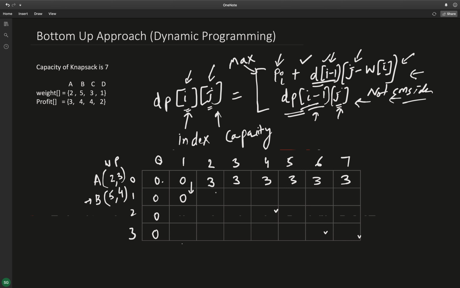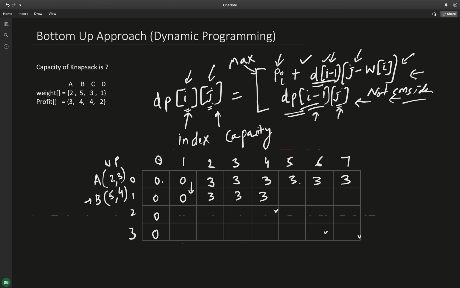And for the next cells also I can't fill B because the weight is 5. For a bag of capacity 5 I can put this item B, but prior to that I can't, so I'll copy the values from the previous cells only. So here I'll copy 3, 3 and 3, right?